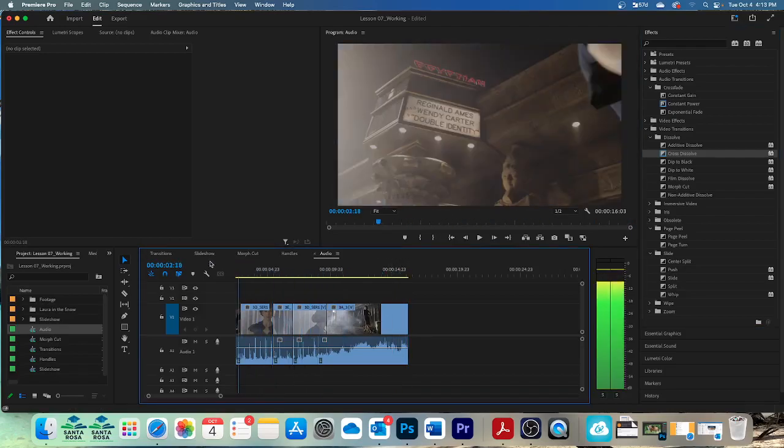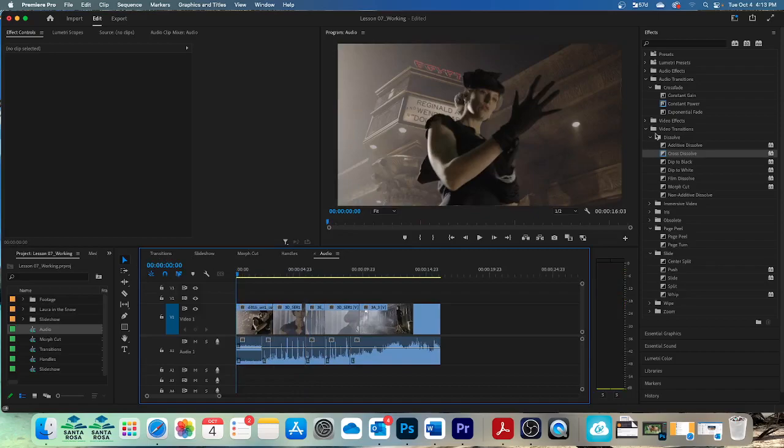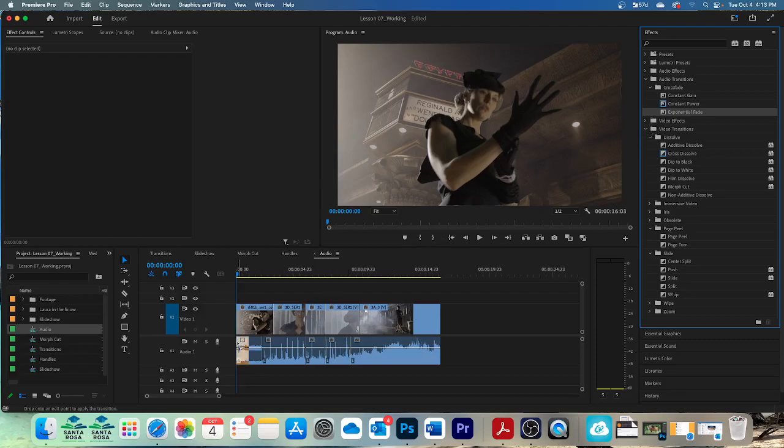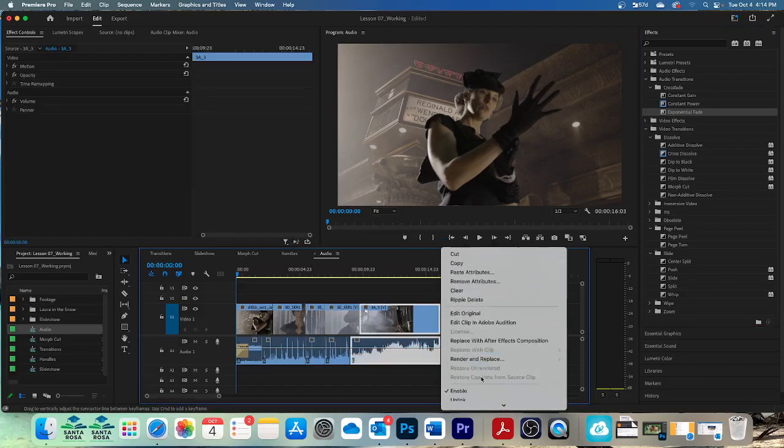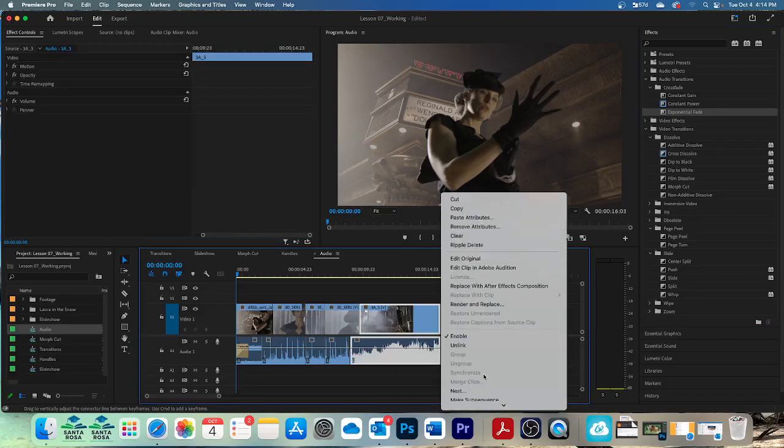So let's go back and make sure you're at the first exponential fade to the beginning of the first. Right there. Right-click the right edge of the last clip of the sequence and choose Apply. So right-click the end, and we want to